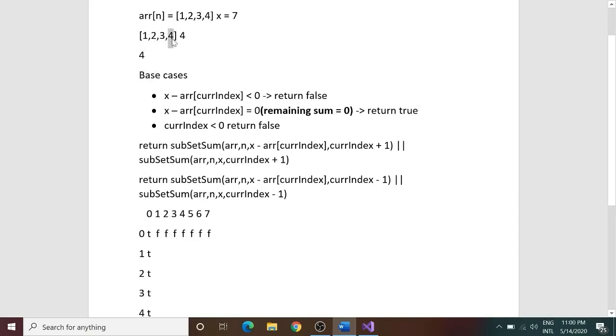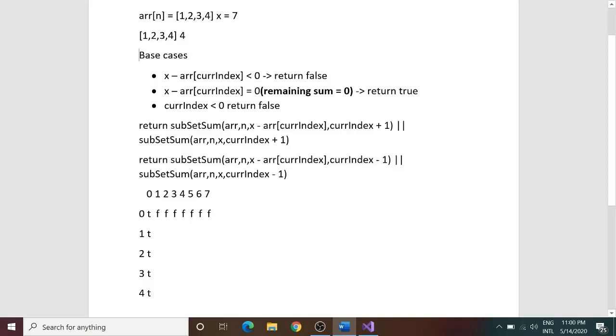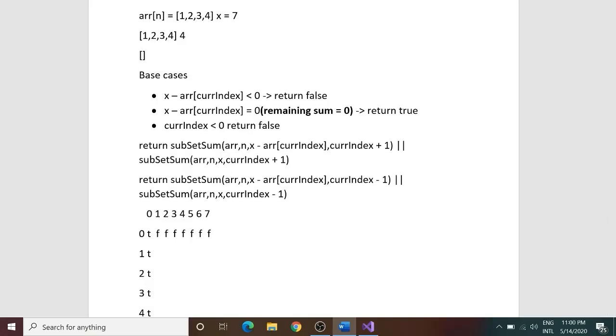So what I can do is, I can easily say that if I make use of this element, what would I be left with? What are the cases which I am talking about? I am talking about this scenario. If I make use of this element, what am I left with? I am left with the elements 1, 2 and 3. And what is the sum which I am left with? I am left with the sum of 0. And if I am left with the sum of 0, then it means that I already got a subset which sums up to the amount which I was asking. Hence this would be true over here.